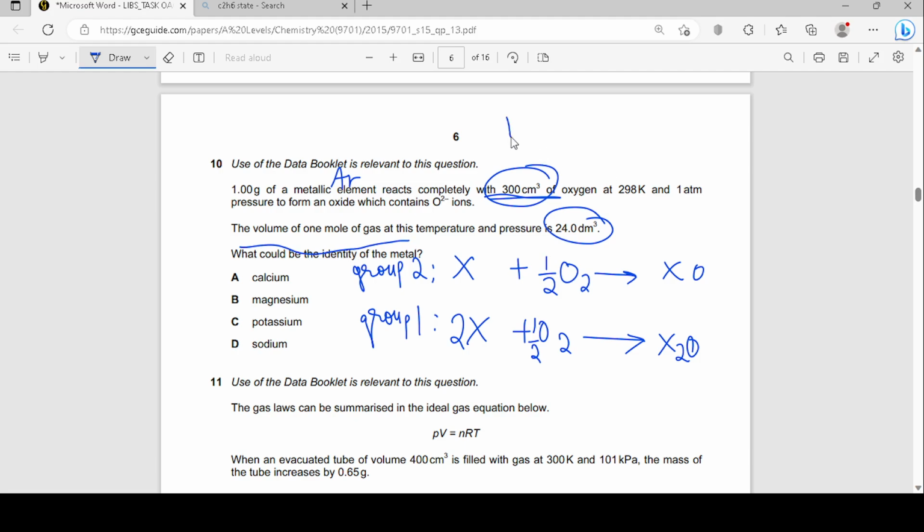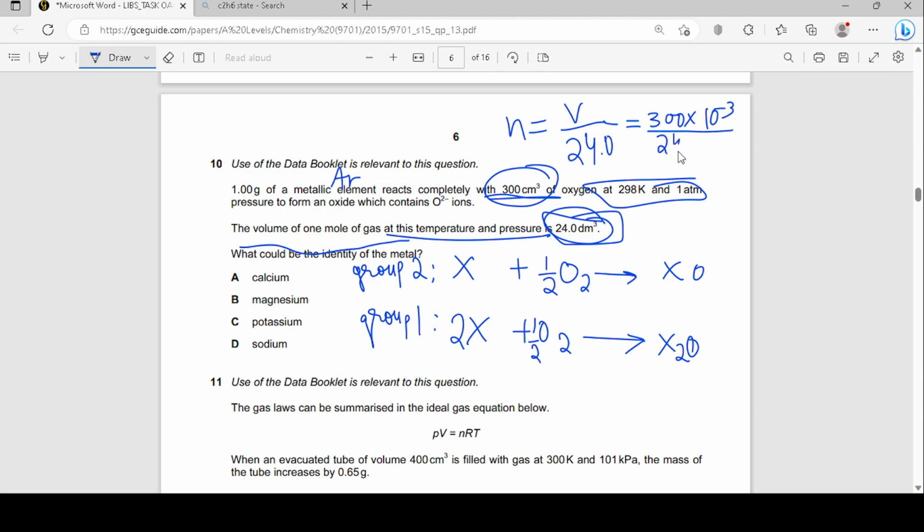So what's the formula for finding the moles? n equals V over 24, at room temperature and pressure, as they mentioned. If it's 300 cubic centimeters, so 300 times 10 to the power of minus 3 to convert from cubic centimeters to cubic decimeters, and then divided by 24.0. So how many moles of oxygen do I have? Use your calculator, and you get